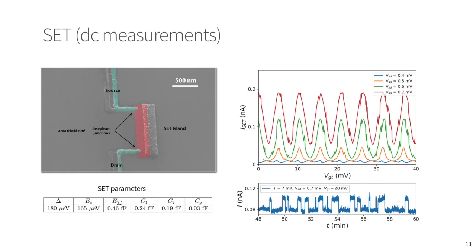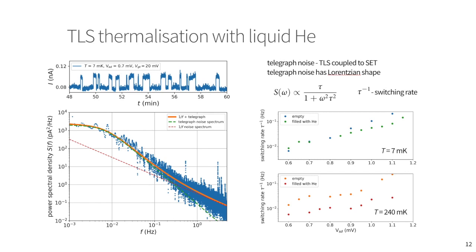Now let me introduce some preliminary data of our first SET device. This is the SEM image of the device we fabricated, and this is a measurement of the current, which shows pronounced Coulomb blockade oscillations. The noise on top of the signal is a telegraph noise, which indicates a two-level fluctuator coupled to the SET device. This telegraph signal has a standard Lorentzian shape of power spectral density, from which we can extract information